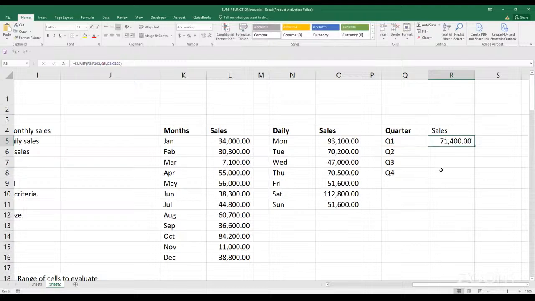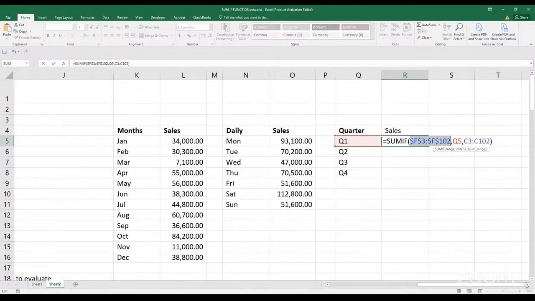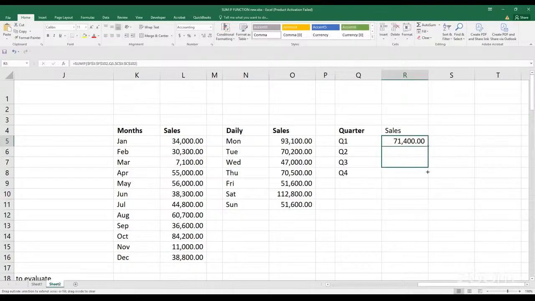We do this, double click here, and do F4. In the same case, I lock here, F4. Enter. I drag it down, so that even if the manager wants to confirm that whatever you've achieved is literally correct,